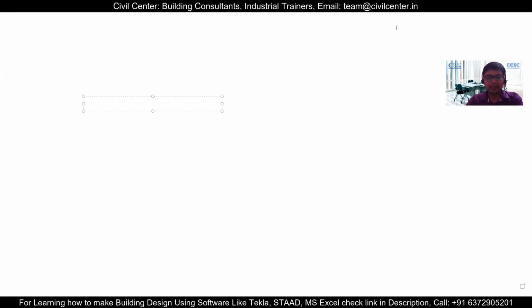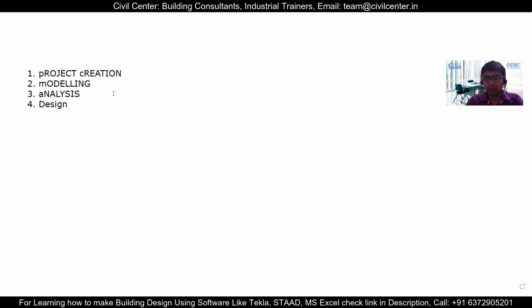So in every building design software, we have these 4 steps. First step is the project creation. Second step will be our modeling. Third step can be our analysis or the structural analysis. Fourth step will be our design or the structural design. Before analysis, we also have another step called loading, which we have included in the analysis.